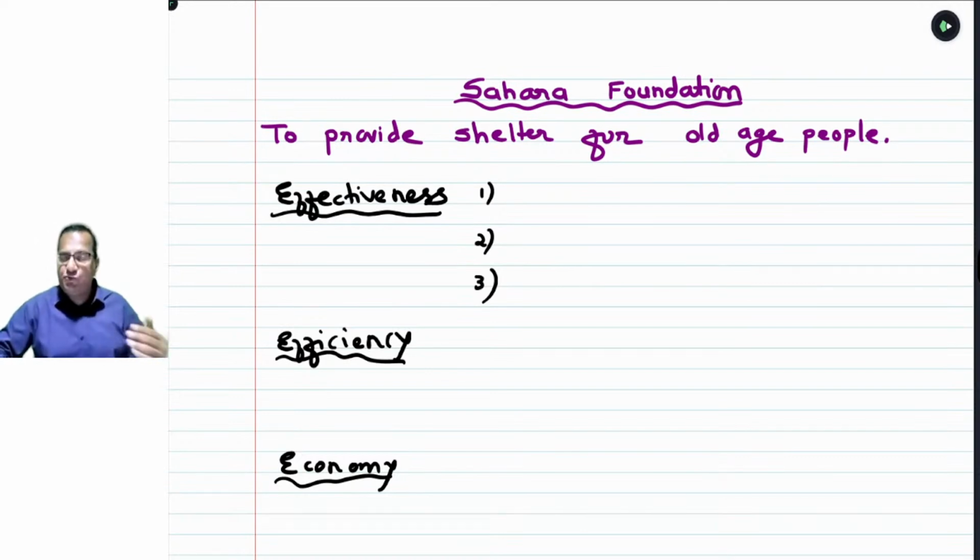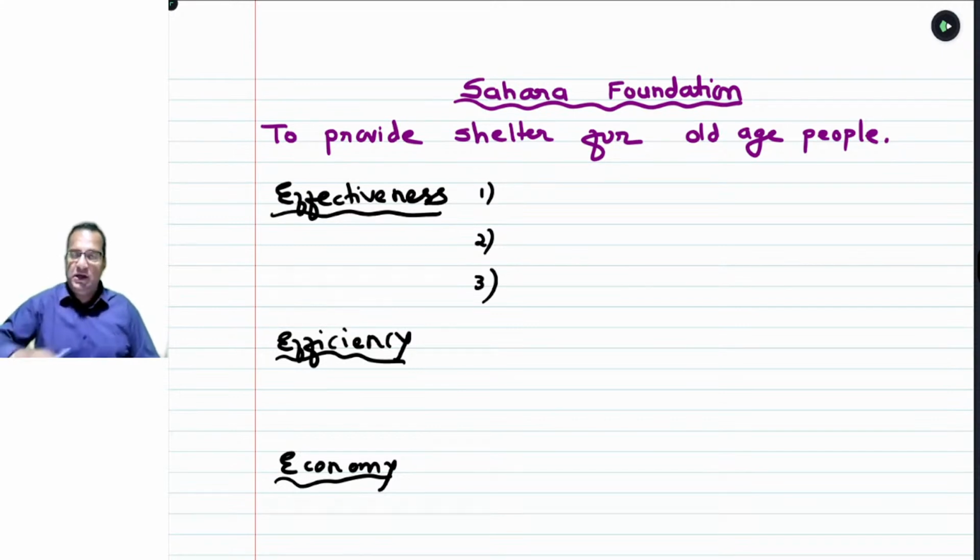If the services provided by that organization are not proper, not secure and safe, then although an old person may come here for shelter, they will definitely search for another organization who can provide a safe and secure environment to the old age people. A very good point, beta. If anyone wants to write about effectiveness, average number of days of stay of a senior citizen, you can write this. Aniket has answered number of people coming in old age.